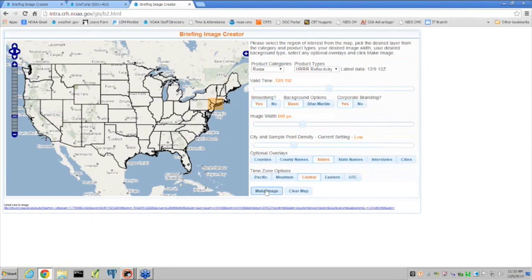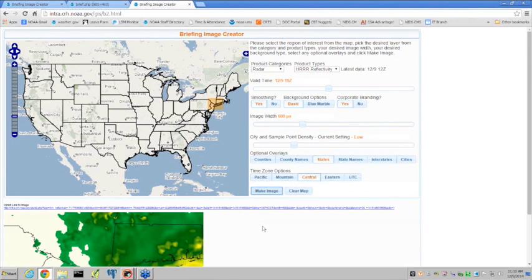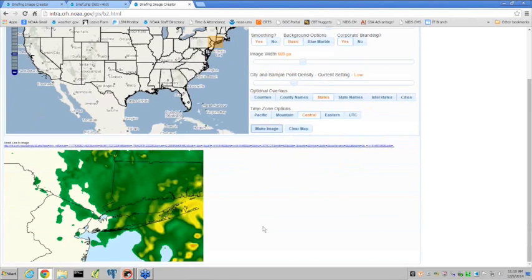And smoothing takes a little bit longer because it's got to actually smooth the image after it creates it. So that'll pop up right there. And so there's a smooth image of the HR reflectivity from 19Z today, from the latest run that we have in the database. We can do the same thing